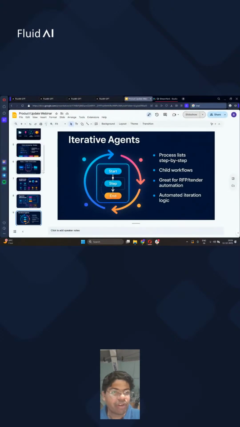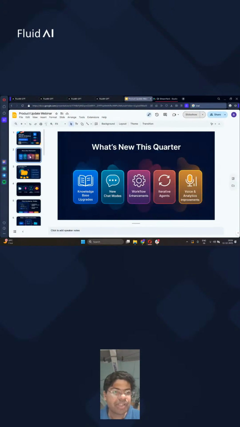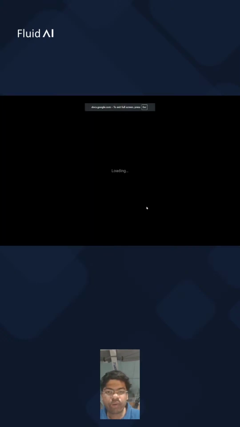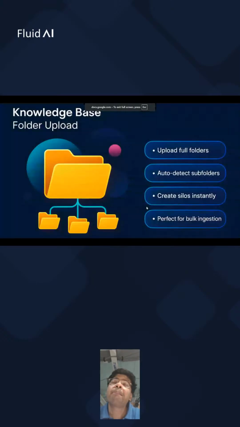So one of the very first updates that we have worked on is on the knowledge base side, where we worked really hard on allowing complete folder uploads, right? I think earlier, you needed to select a lot of documents. But what we realized is people have really good structures of documents, subfolders, folders within folders, already on their desktop, already in a network storage drive.